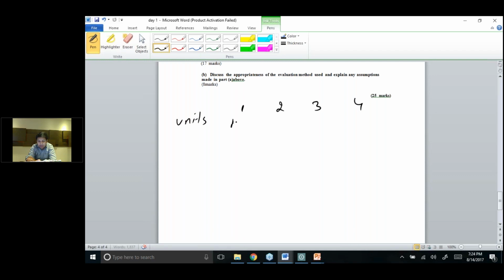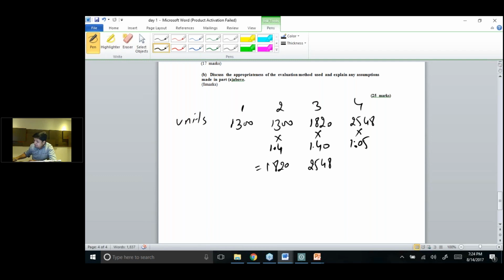Units will be 1300 in year 1. In year 2 it will be 1.4, and that will be equal to 1820. In year 3 it will be again by 40%, and that will be equal to 2548. And in the last year there will be a growth of only 5%, and that will be equal to